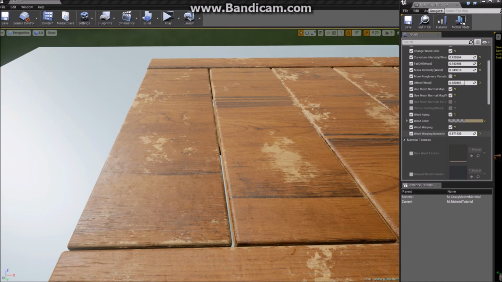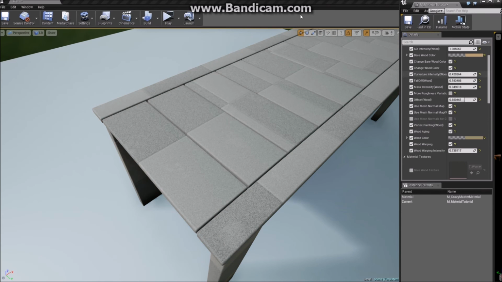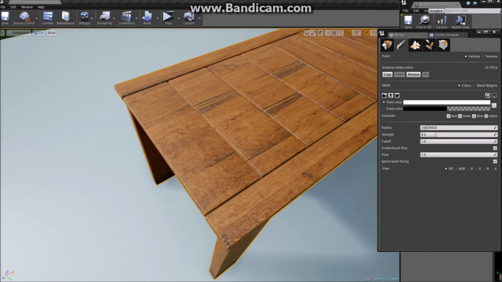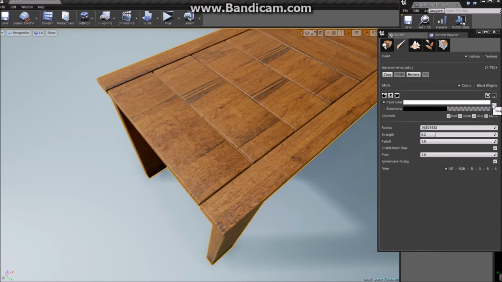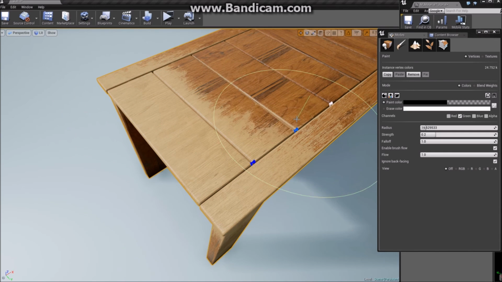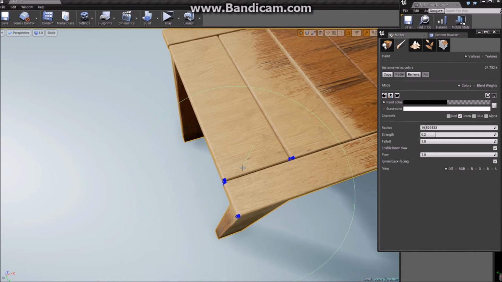Now let's quickly take a look at vertex painting. Fill the mesh with white paint like this. Red and green channels work together. If you just erase the red channel, nothing would happen. Now erase the green channel and it will start to age like here. Paint in a little green for a more polished surface.